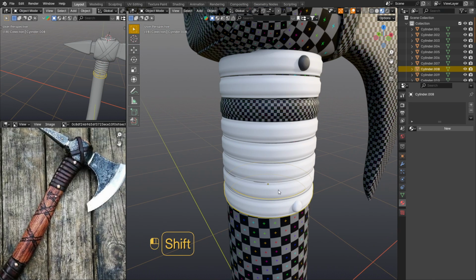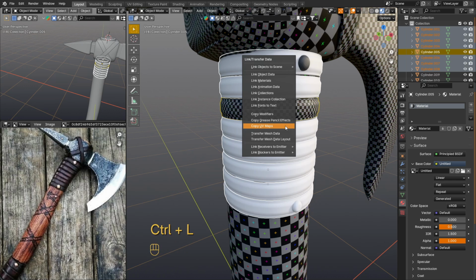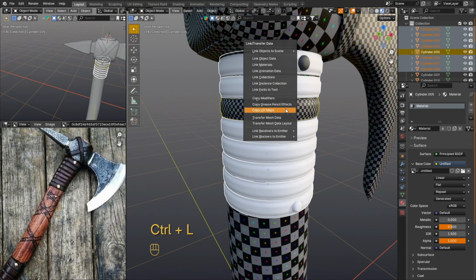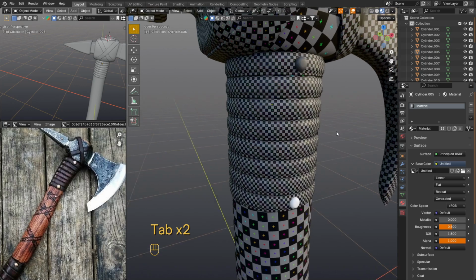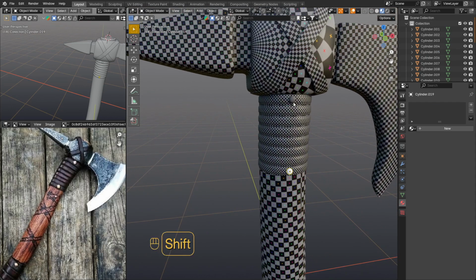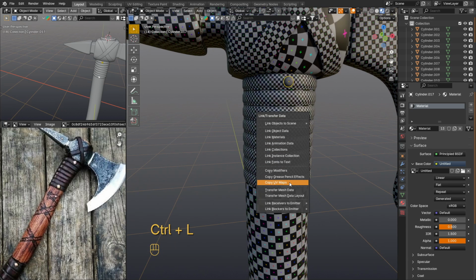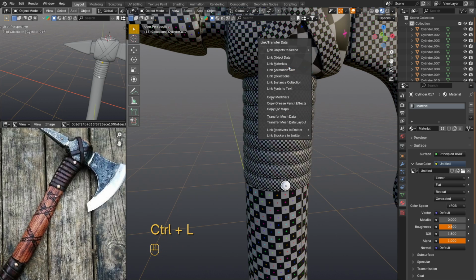Due to the fact that all the straps we have are very similar, and the leather material that we will use does not have a specific pattern, then we can copy the UV map to the rest of the straps. And also we use this combination of keys Ctrl-L to copy the material, and thus save a lot of time. Now I suggest to do exactly the same with the nails. First select a clean element and the second from which we want to copy. And use the combination of keys Ctrl-L to copy the UV map and material.